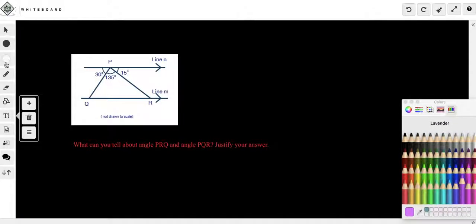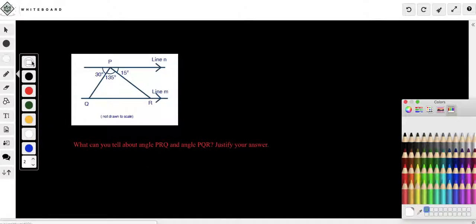All right, so if we look at this first angle that's listed here, PRQ, okay, and if we look up here, where is PRQ? We start with P, go down to R to Q. So you remember that the middle letter is actually going to be where your angle is. So this is going to be angle PRQ. Now, if we look at the lines and line segments in this picture, you'll notice that